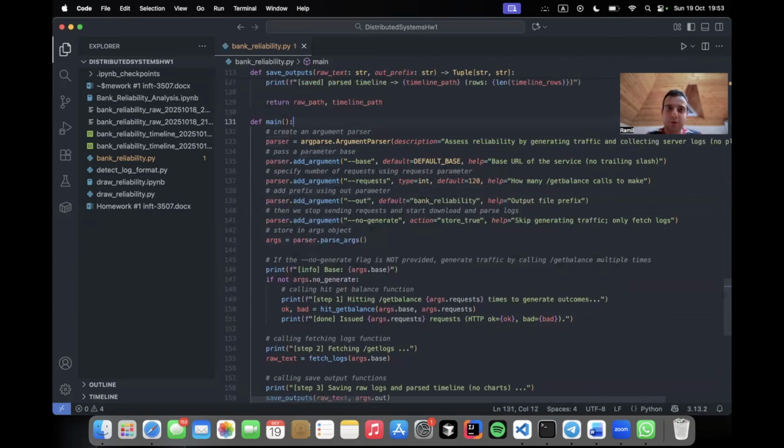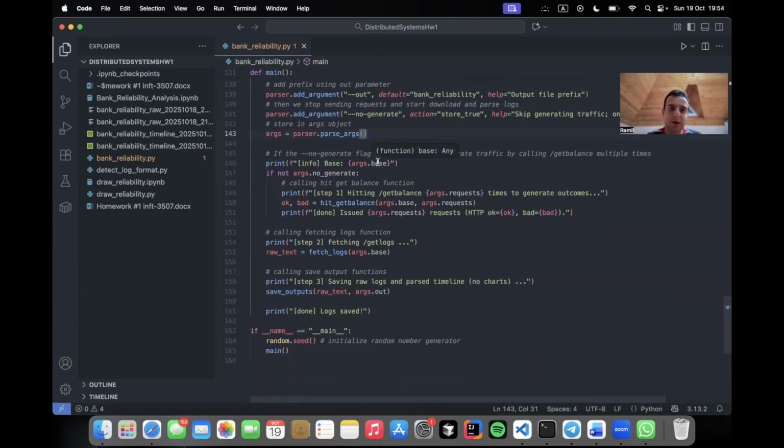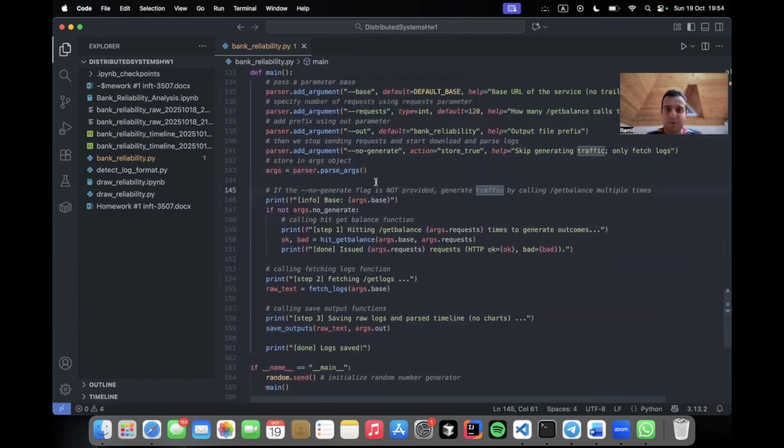So here what we do, we first create an argument parser. We pass a parameter base, we specify the base URL, of course. We specify the number of requests using the request parameter. We add a prefix using the out parameter. We then stop sending requests and start downloading and parsing logs. So yeah, we will then store these in the args object, and if no generate flag isn't provided, we generate